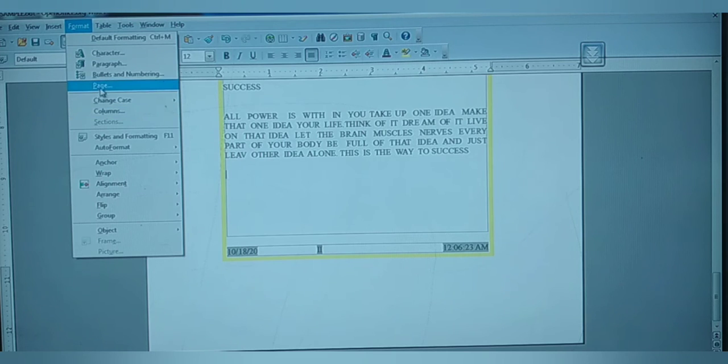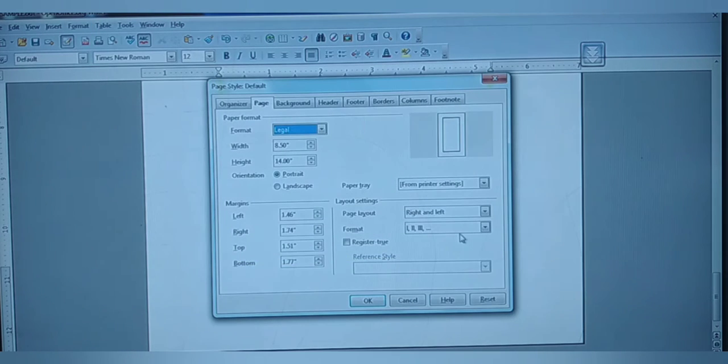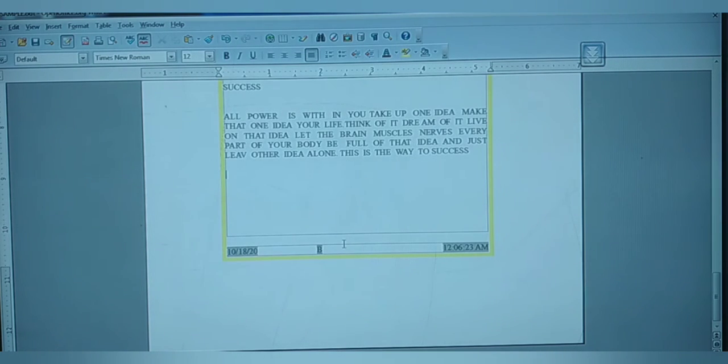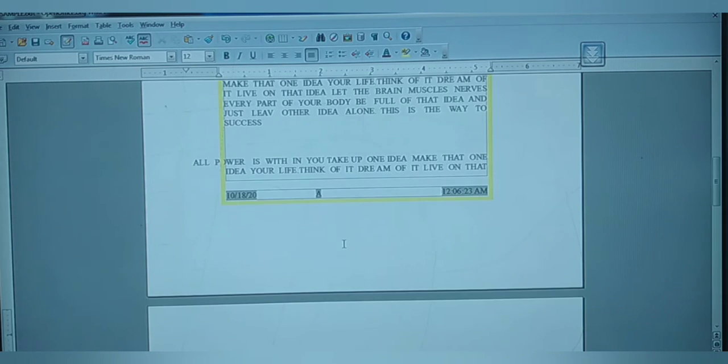Format, Page, we can have capital letter A. So it will be easy for you to see the difference between the first one and the next one. Yes, it is B. Why is it B for you? Since it is your second page, it is B. So the first page will be A for you. Able to see? Yes, this is the way.